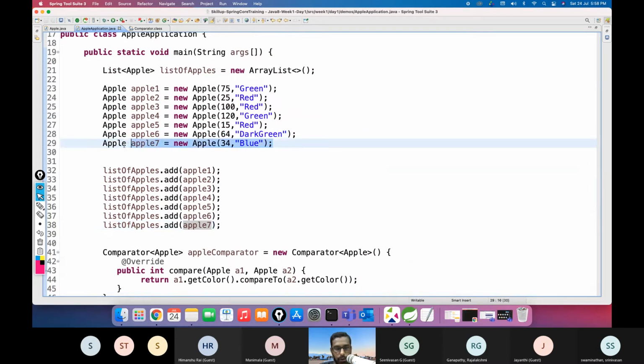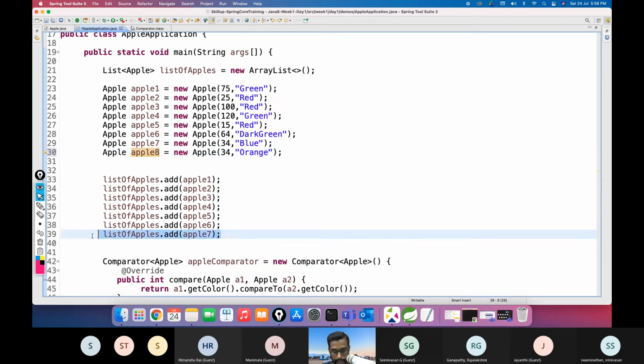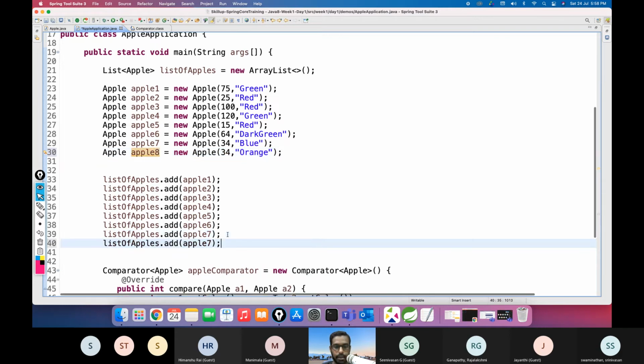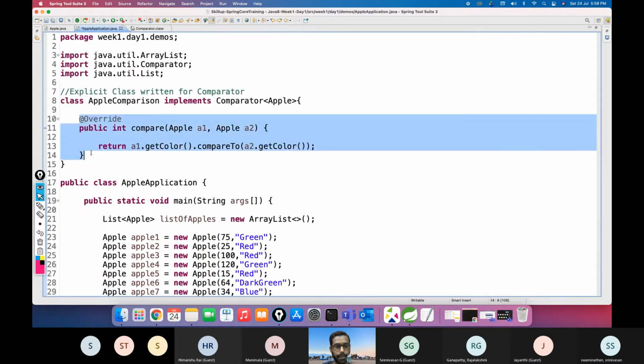Okay. Now let's see the same thing in the other way around. It's going to be orange. Typically, apples don't come in orange color. It's all our imagination, and let's add one more apple out here. And this time I'm going to make a little bit of changes in this compare. So right now I'm just going to comment out